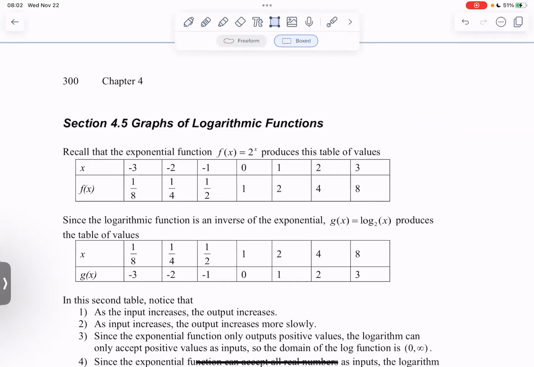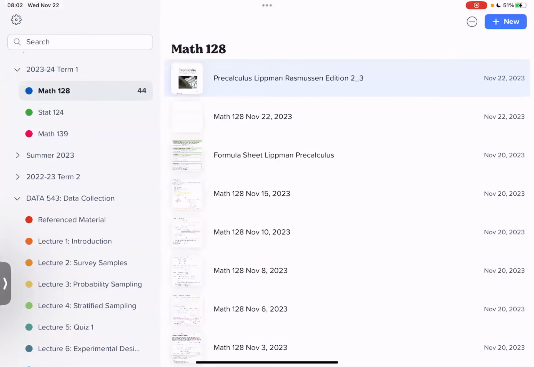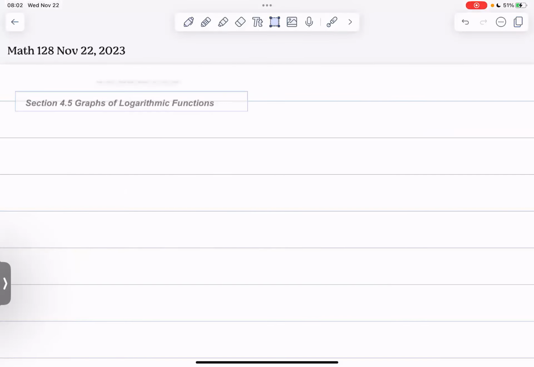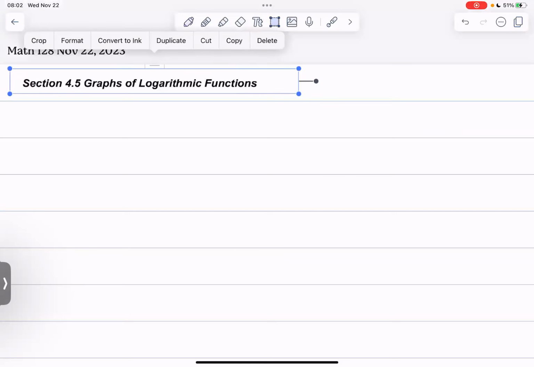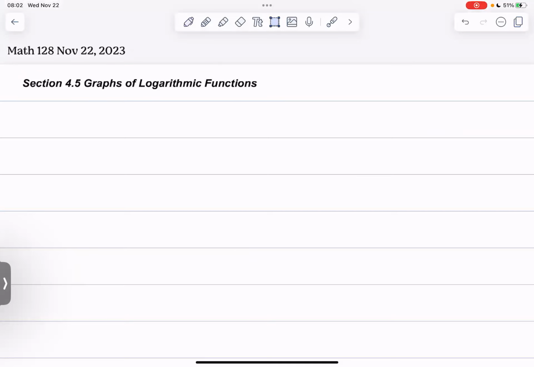but we're just going to breeze through section 4.5, which is on the graphs of logarithmic functions. The main takeaway being the domain of a log. So I guess that's kind of a review. The domain of a logarithmic function